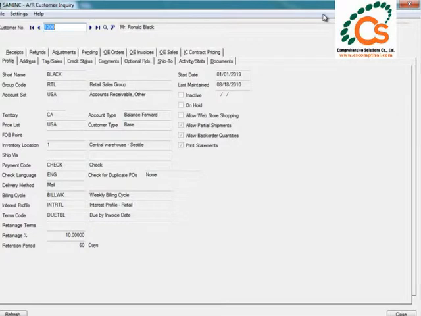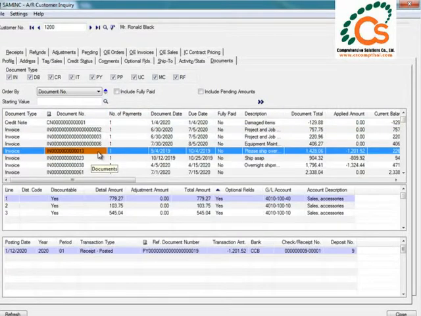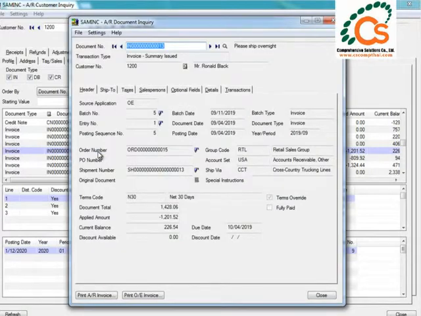To be able to print order entry invoices, I'm going to click on the Documents tab. Let's assume that we wish to print invoice number 13. I'm going to double click on invoice number 13. And you'll notice that there is a button here called Print OE Invoice. So if I print the order entry invoice,